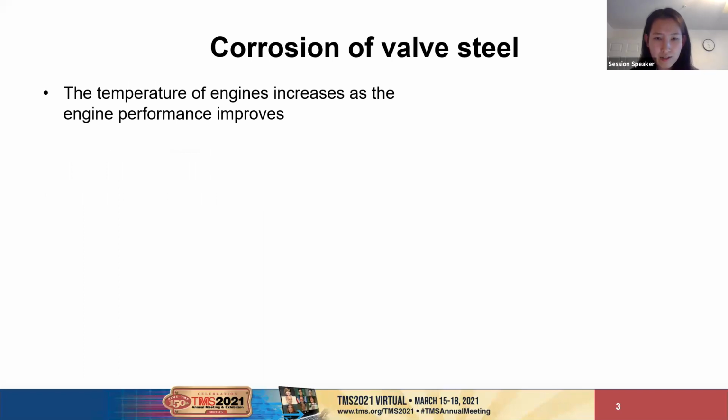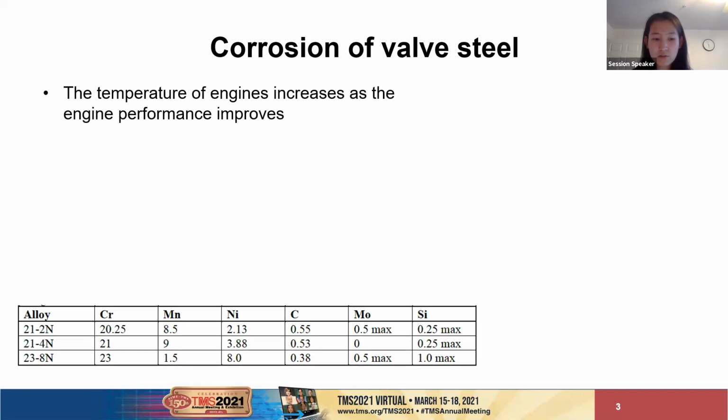So in a car engine combustion chamber under normal operating conditions, the normal operating temperature, the engine parts such as the valve steel can resist corrosion because of its high chrome content. For example, we are looking at the 21-2 type of alloy in here. It has 20% of chrome. But as the engine